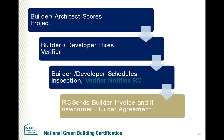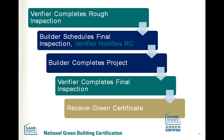The process can just start. The builder or architect can score the project, and I'll show you how easy that is to do. They would hire the verifier. The research center accredits verifiers around the country to do this work, and they work completely independently. They would notify the research center that they would be out to do the inspection. The research center reviews every single rough inspection report that we receive as well as the final inspection. So as long as that verifier can get into the building before the drywall goes up, construction really kind of proceeds just the way it normally would, and then they have to get back into that building